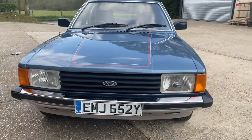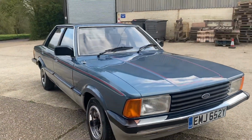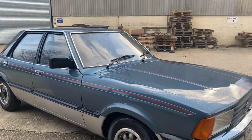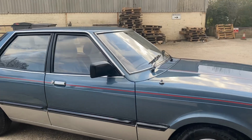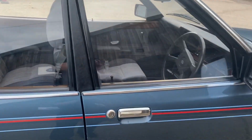but for now I'll tell you a little bit more about the Cortina. This one is a 1.6, so it's a Pinto overhead cam engine with an automatic gearbox. Having covered just 70,000 miles,